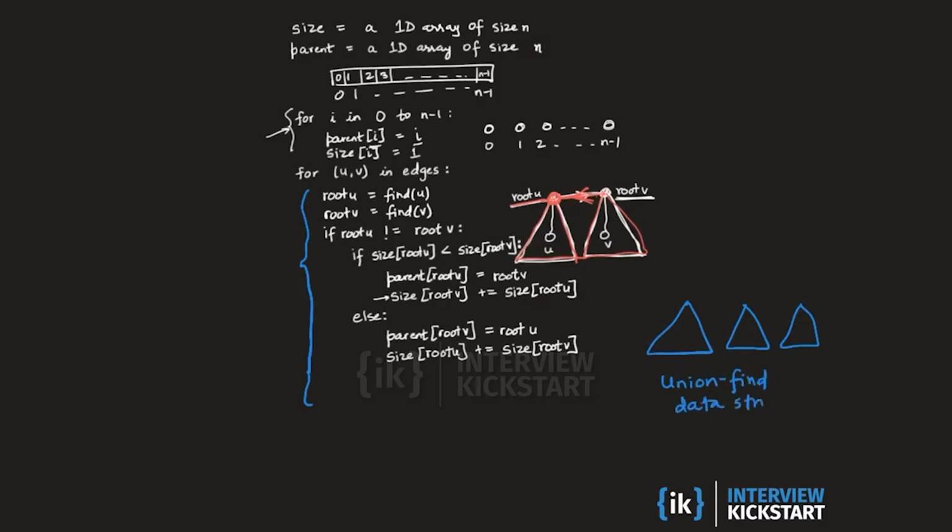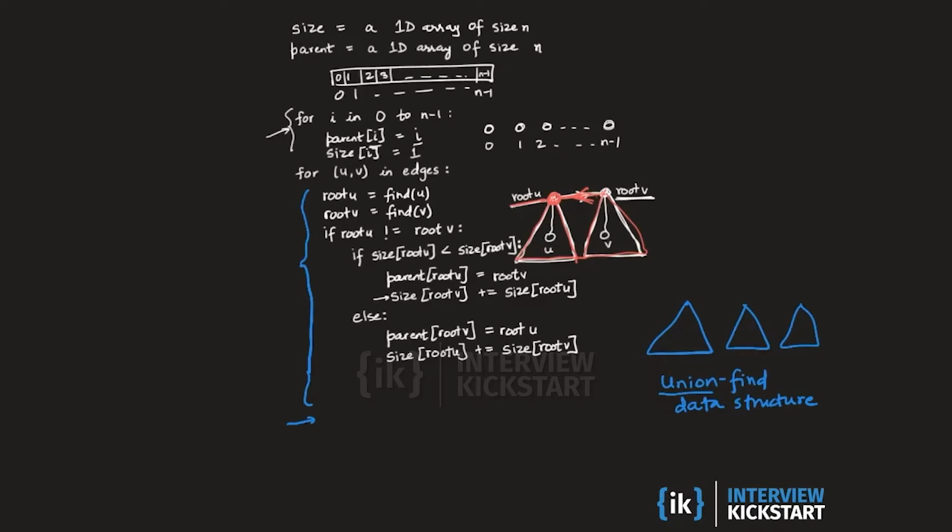So the union find data structure is basically a collection of balanced trees which are storing a dynamically changing collection of objects or vertices in this case. As new edges come in, we might end up unifying some of these components together, and so it's a dynamically changing data structure, and at the very end, after we have seen all the edges, the number of trees we will have in this collection is going to be exactly equal to the number of connected components in the final